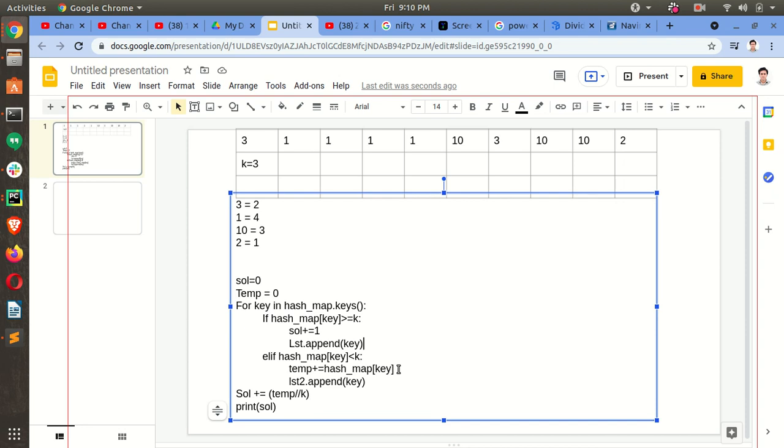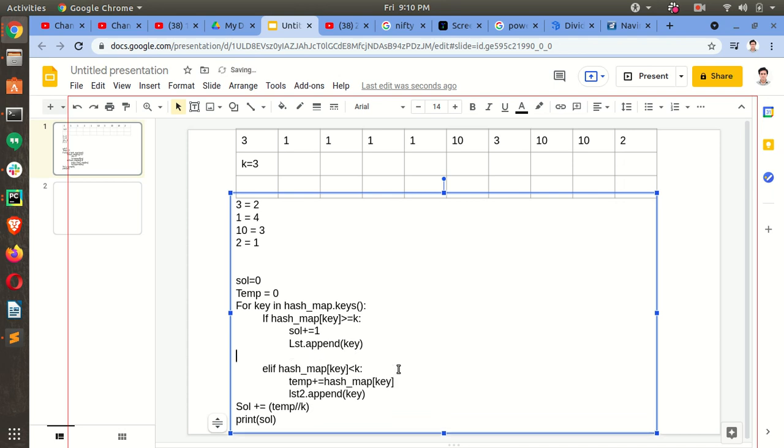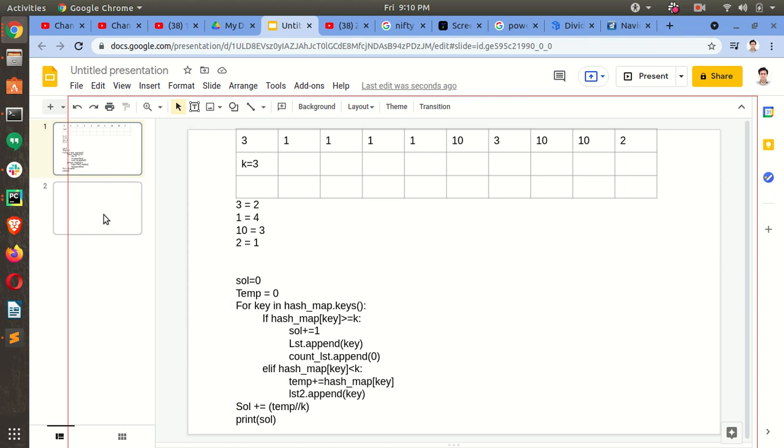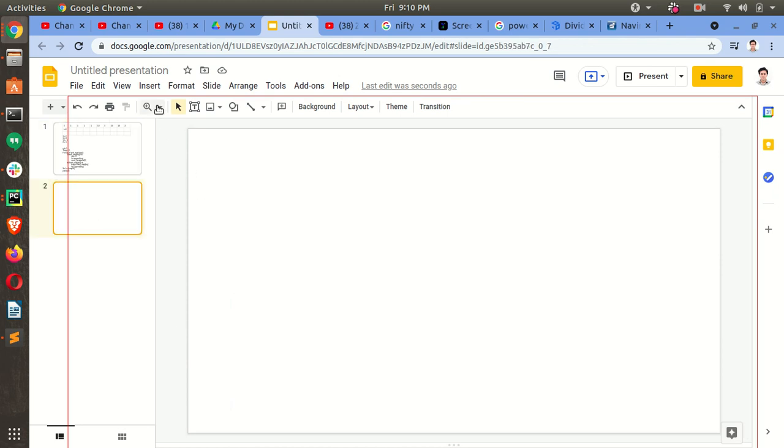Count list, here we will append. Three lists we have to make. So this will store the key, and count list will store the count, and list 2 will store simply the key. Okay. So these three lists we have to make. Now what do we have? Three lists we have.